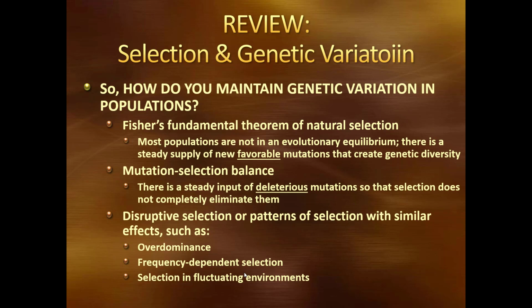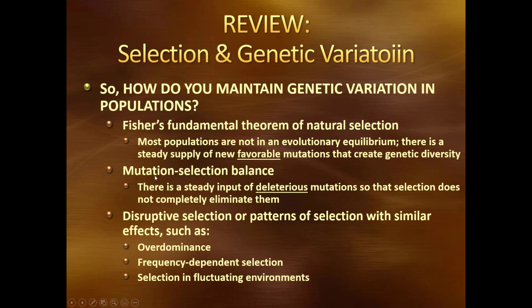How can we add new variation? And then the other question can be, once you get it, how do you maintain it? This slide is looking at how do we maintain genetic variation. One of the things that we know is that most populations are not going to be in equilibrium. We know that there's going to be mutations occurring all the time, so they're constantly being thrown into the population. Mutation is something that's typically reintroducing variation, not at a super high rate, but it is